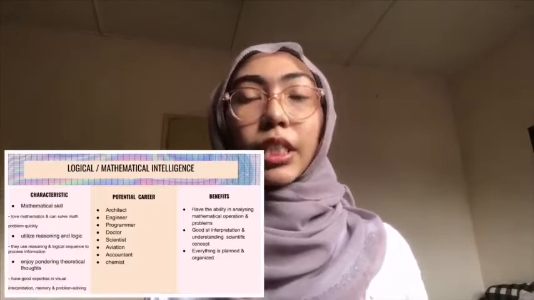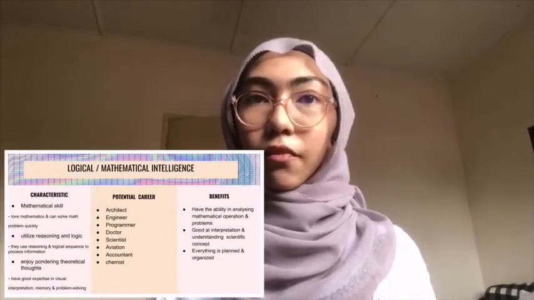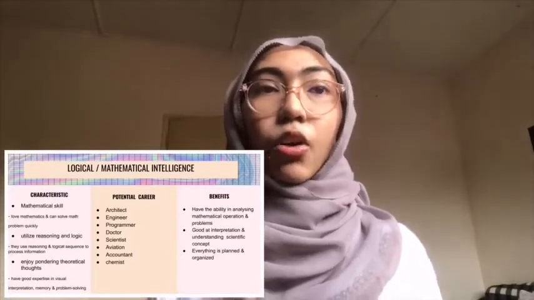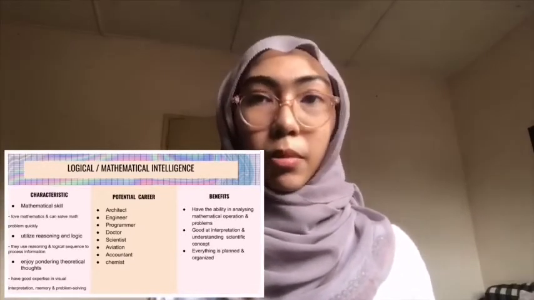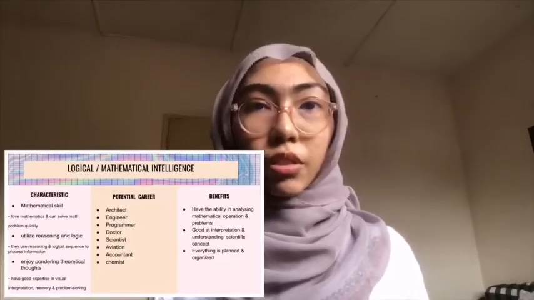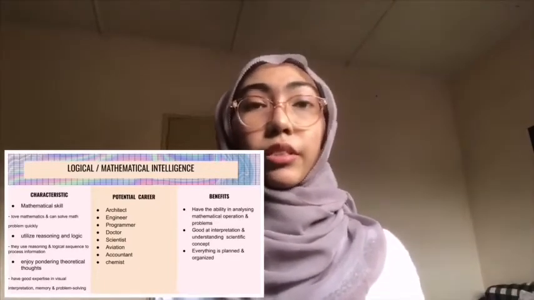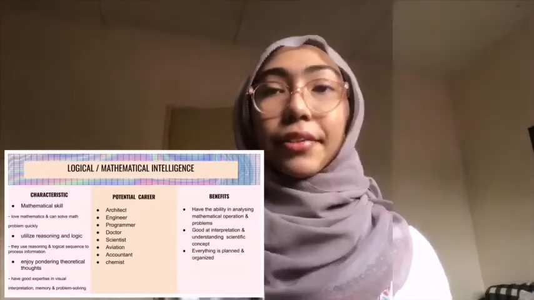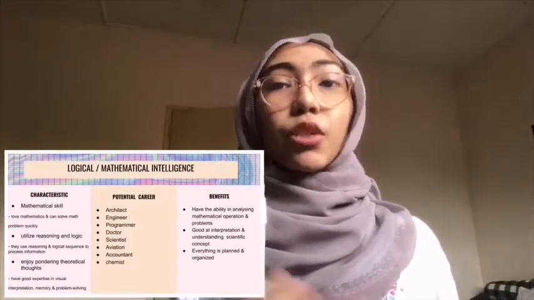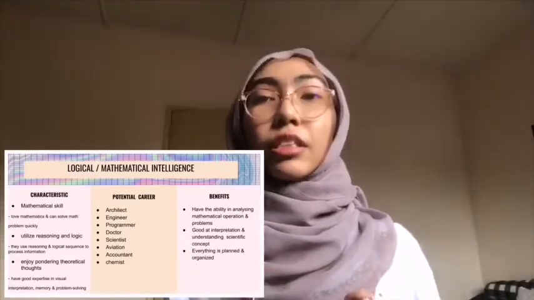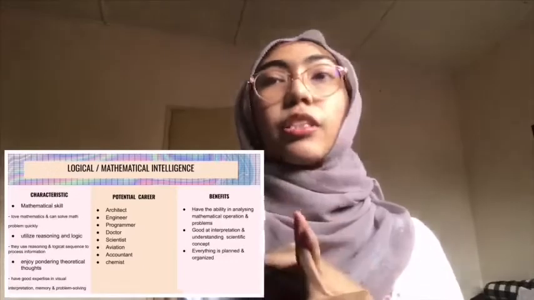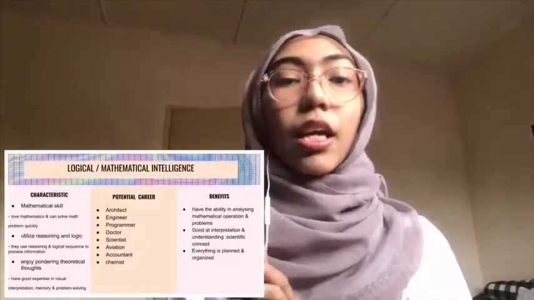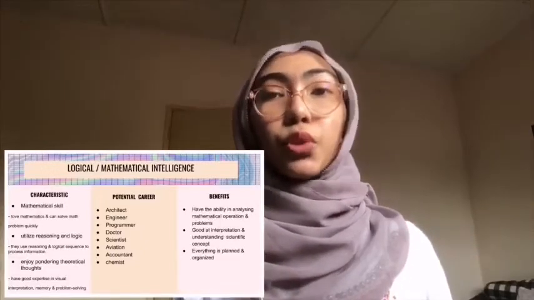Usually, like I said earlier, they love doing mathematics, and they have high critical thinking. Also, they are very good at problem solving. They usually work with numbers to find rational methods to answer, and they also work well with the abstract. Moreover, they also enjoy pondering theoretical thoughts, which means that they love doing practices such as algebra, computer, chemistry, drawing, and they also have very good visual interpretation.